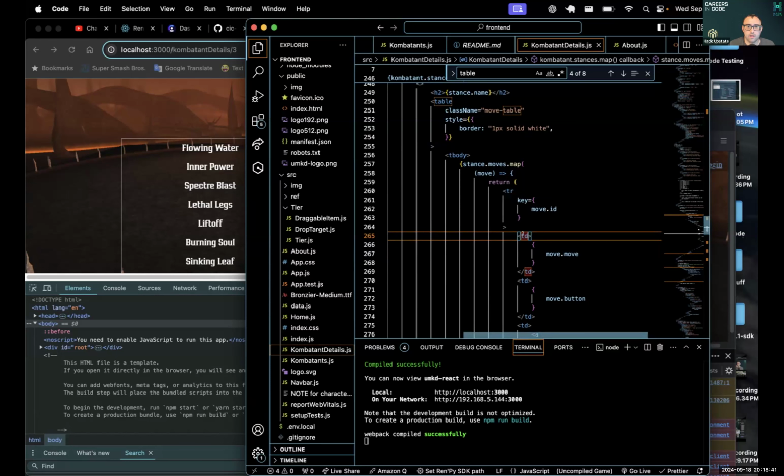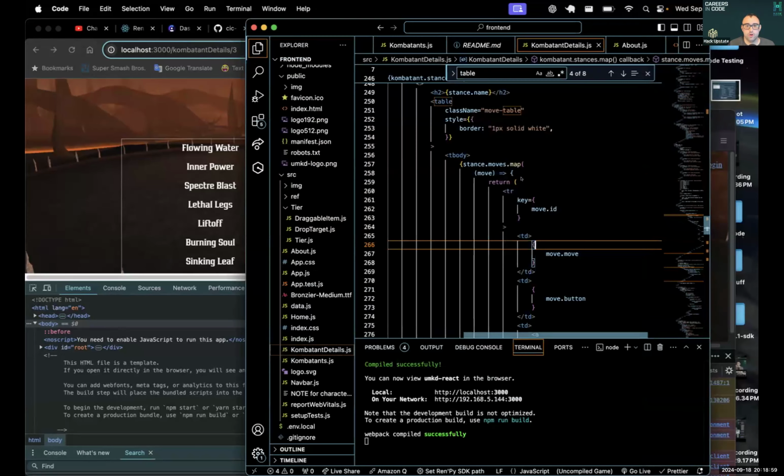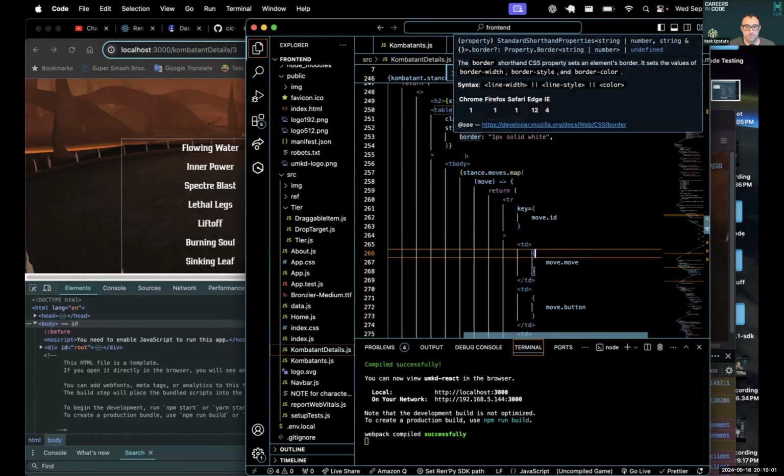Do you want a table head that says like move, buttons, link, or do you want it to say like this? Yeah, I never thought of that. I think I do want like the move, the button, and the link. Good, because that makes my life easier for fixing this problem.